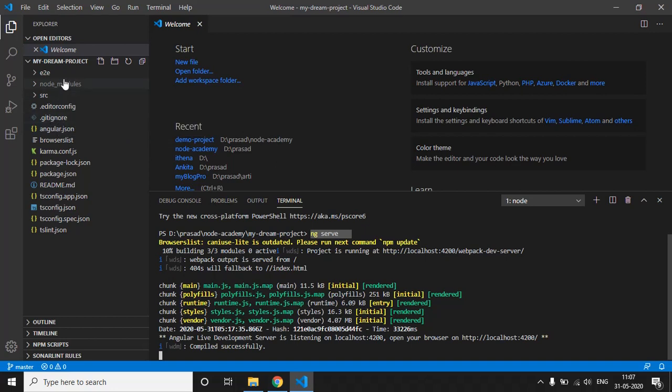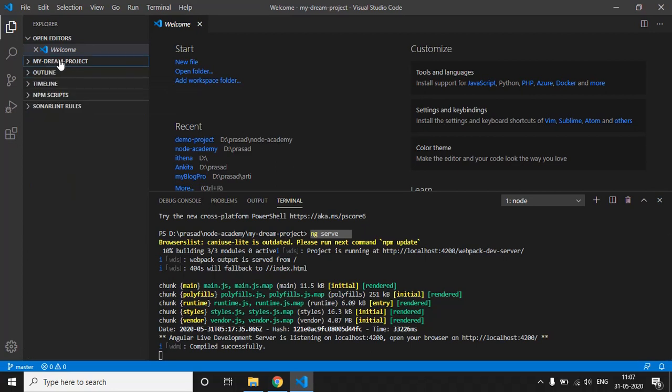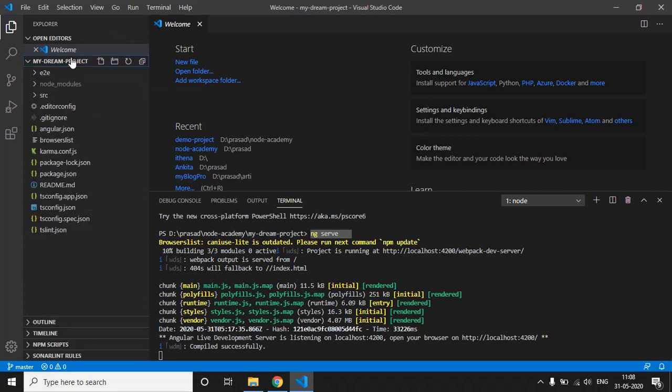So let's start. This is our Angular project directory, and inside that we have these Angular folders which are needed for running any Angular application. The first one is the e2e folder. This folder or directory is generally used for writing end-to-end testing, which is an automated testing framework. By using this, we can write test cases for testing our Angular application programmatically.